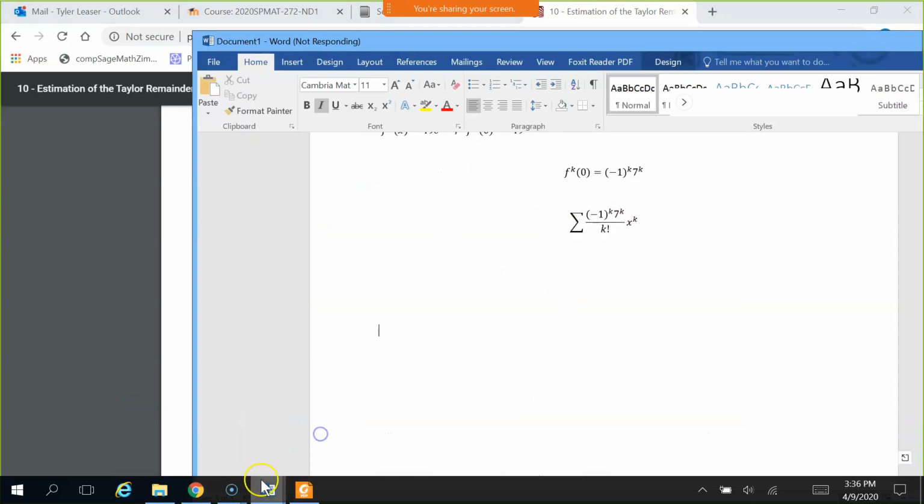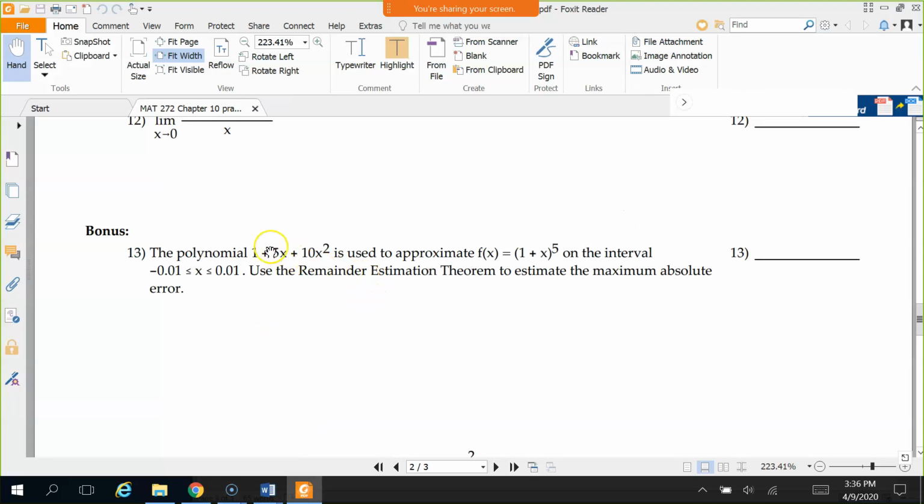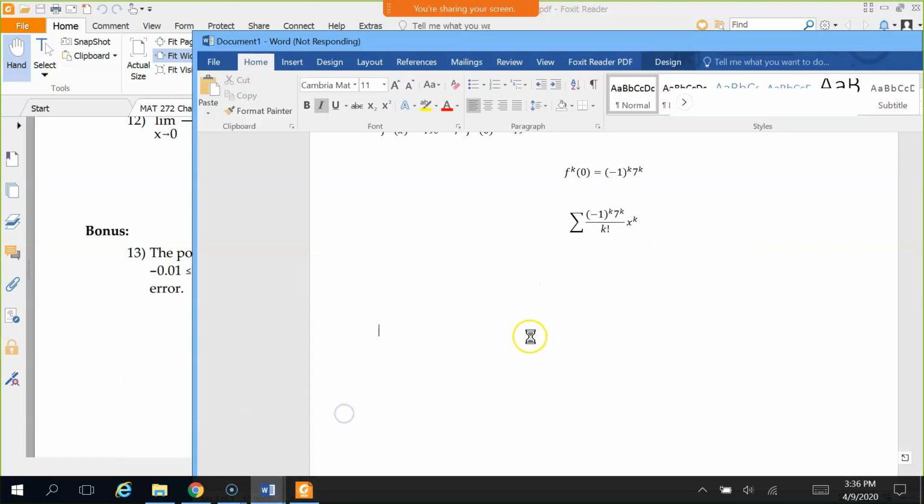All right, so going back to the question that we had here, this was the polynomial, and we're using just this polynomial to approximate this function, which means that we only went up to the second k value or n value. So we're going to use the third value to do this, which means to take the third derivative. So we have f of x is equal to,